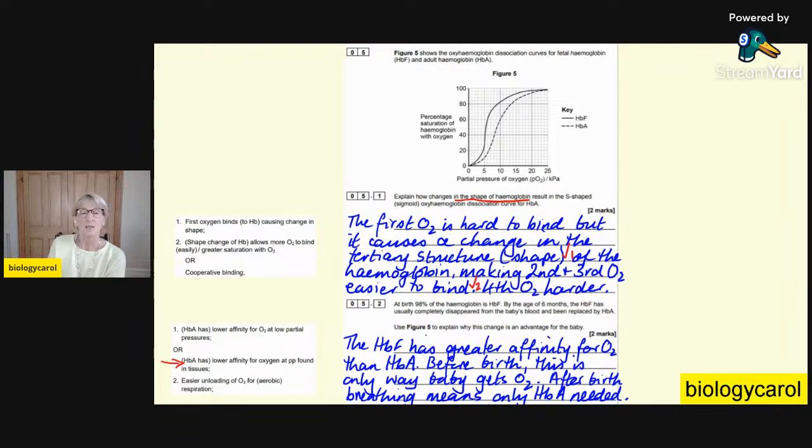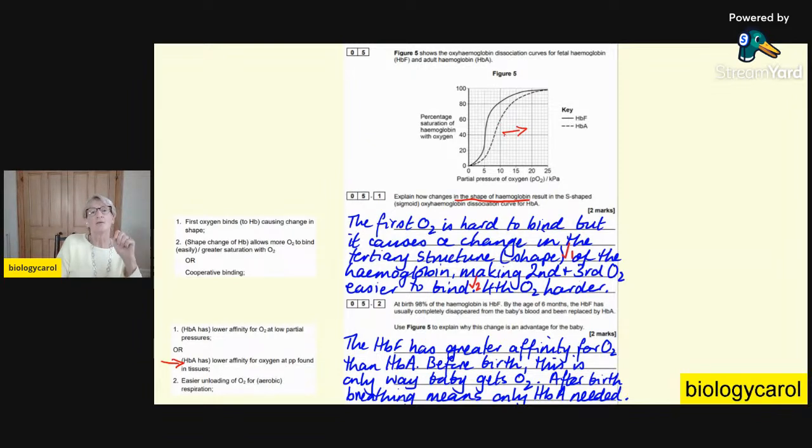So the question is, use figure 5 to explain why this change, in other words, the change from practically totally fetal hemoglobin to adult hemoglobin at 6 months, is an advantage for the baby. Well, the advantage of the change, what they're referring to here is that when the baby, before the baby's born, no, right, sorry, now I've reread it. Right. The advantage of the change from fetal hemoglobin to adult hemoglobin, because the adult hemoglobin, the line has shifted